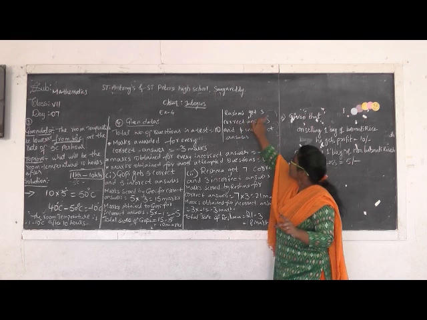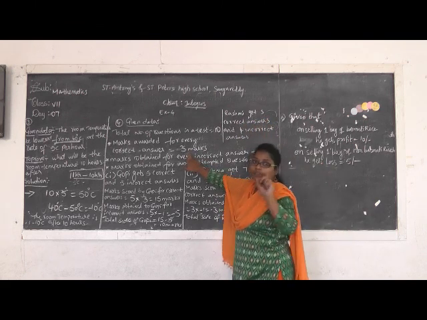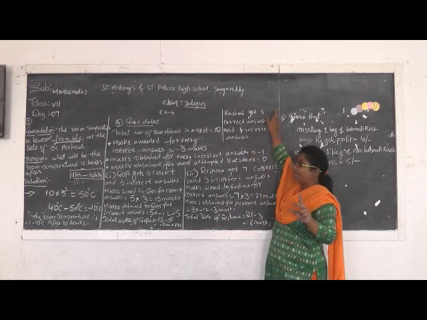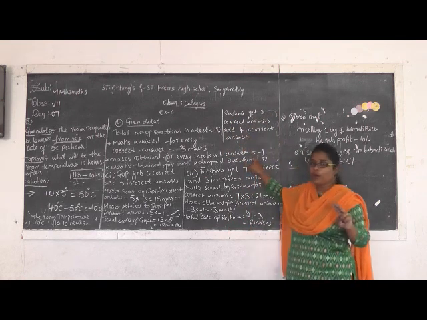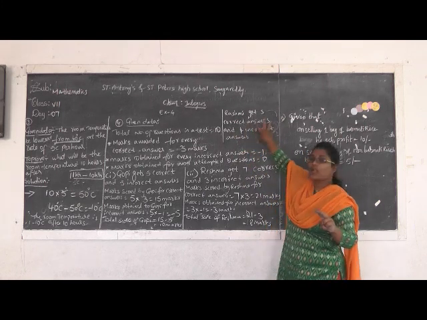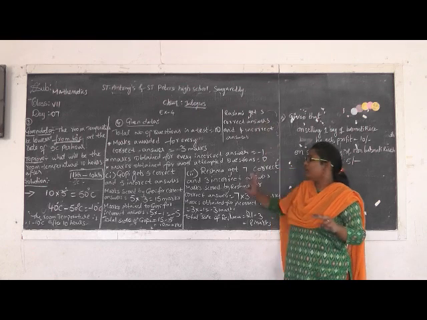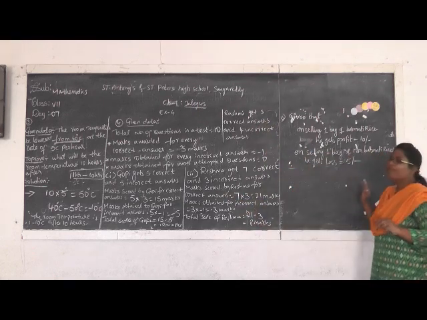Nothing but 3 questions are correct. So for one question, how many marks were allowed? 3 marks. So 3 3s are 9. In the same way, 4 are incorrect. 4 1s are 4. So from 9, you have to remove 4. Then you will get the result. So solve this by yourself, same like the first and second one. Understand?